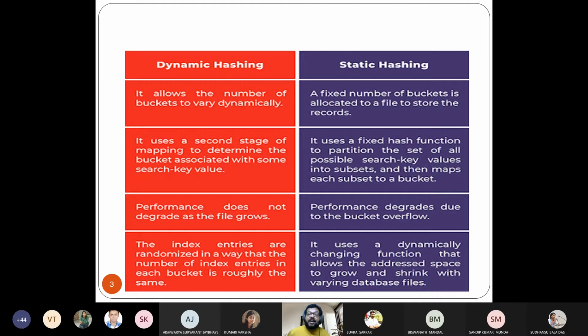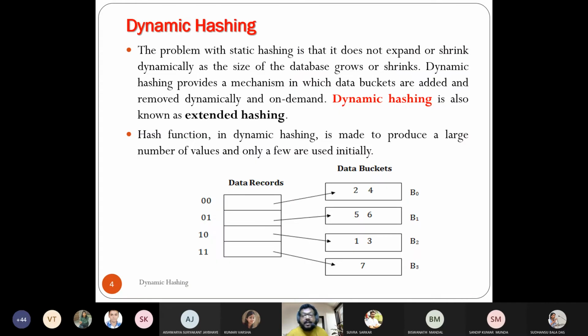Treat it as a tree, uniformly distributed at one level, and it uses a dynamic chaining function that we have discussed. In case of dynamic chaining, we can go on adding extra nodes if we find a collision. So predominantly static hashing requires a collision resolution function, to address how it is going to handle the overflow. Here we are talking of the number and the data records, where the record has to be stored. Here we are showing only two leftmost significant bits. Maybe it will be an 8-bit or 16-bit number: 00 is something, 01 is something, 10 is something, 11 is something.